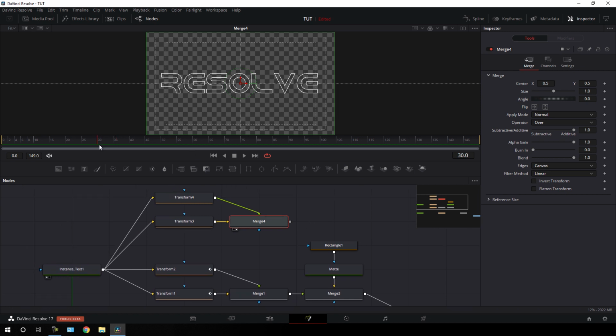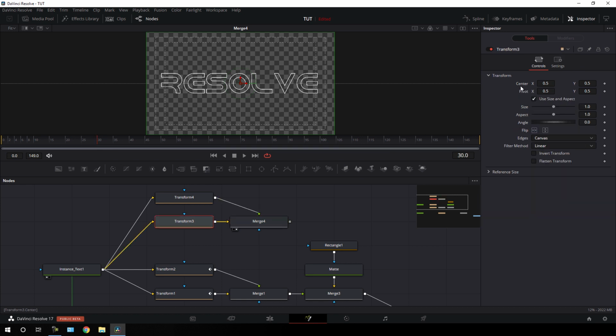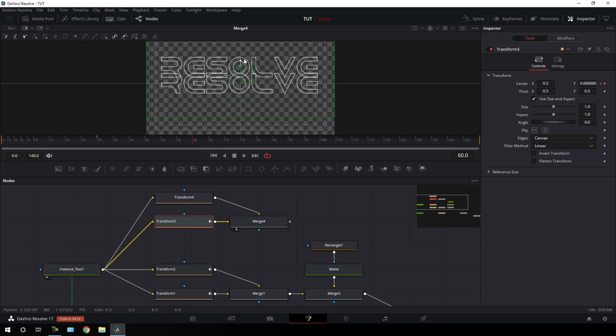So just go to frame number 30, select this transform 3, right click on center, click on animate. Just go to frame number 60, 1 second forward in time. Let's drag it up right over here maybe, and let's set the value something around 0.75.